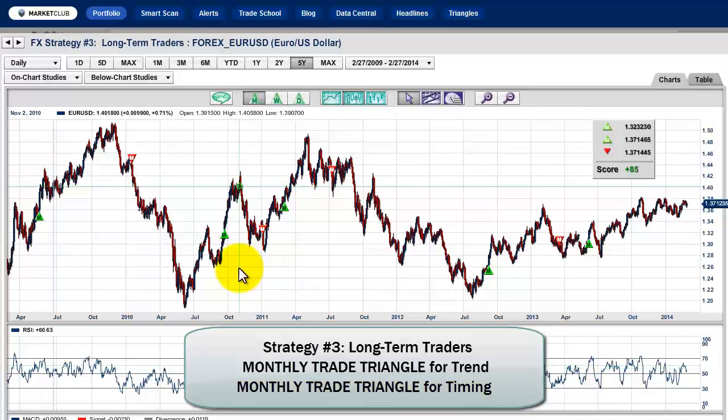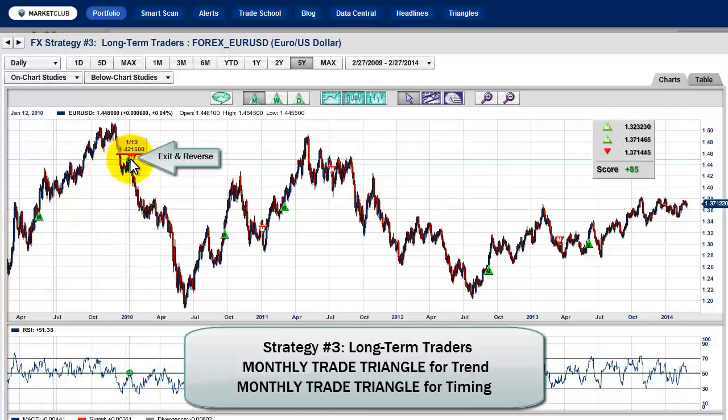And I'll give you an example. Starting back here on May 20th, we went long at 137.38. The market moved up. We exited on January 19th, 2010 at 142.16. Not only did we exit the position, but we also reversed our position from long to short. So here, from here to here, we're long, and we make a profit of 478 pips,